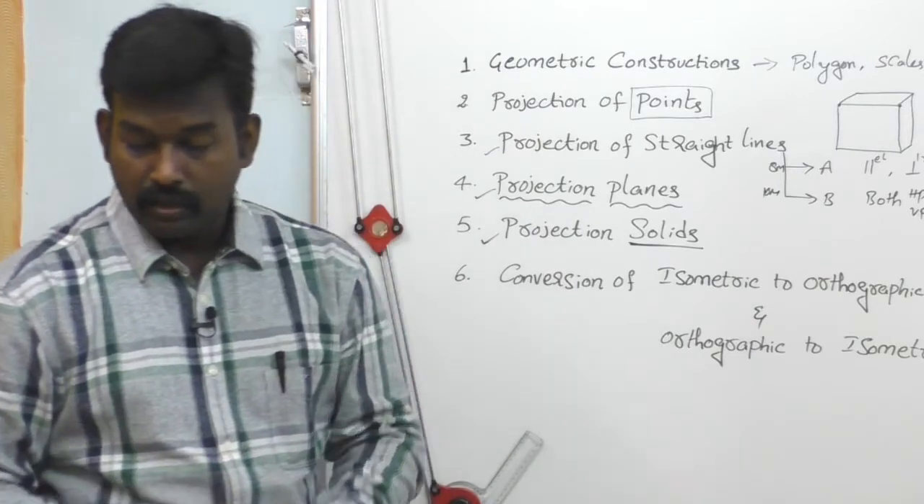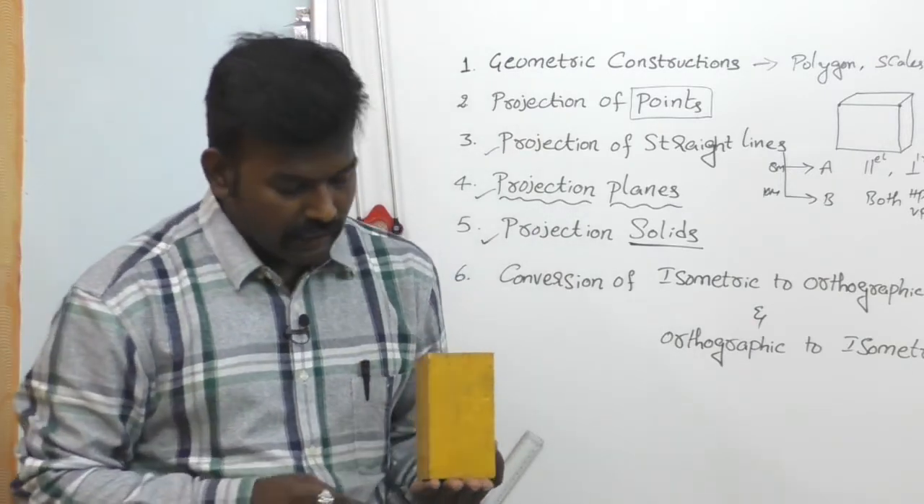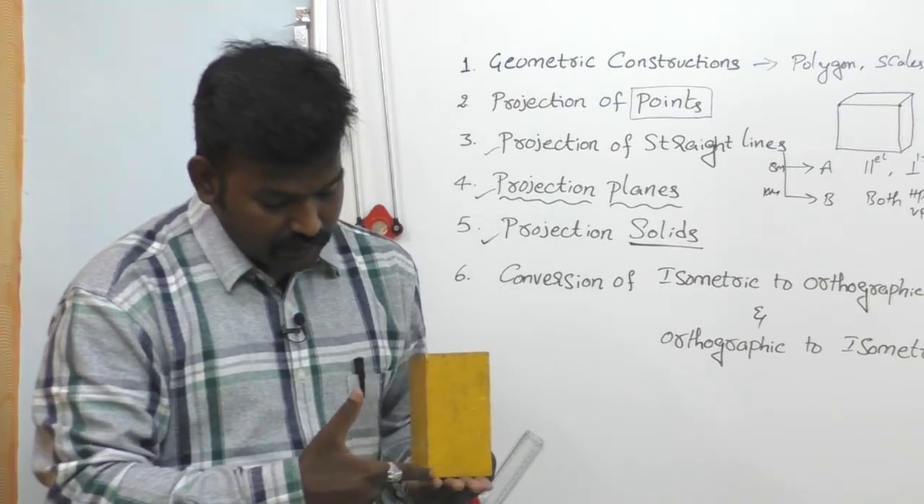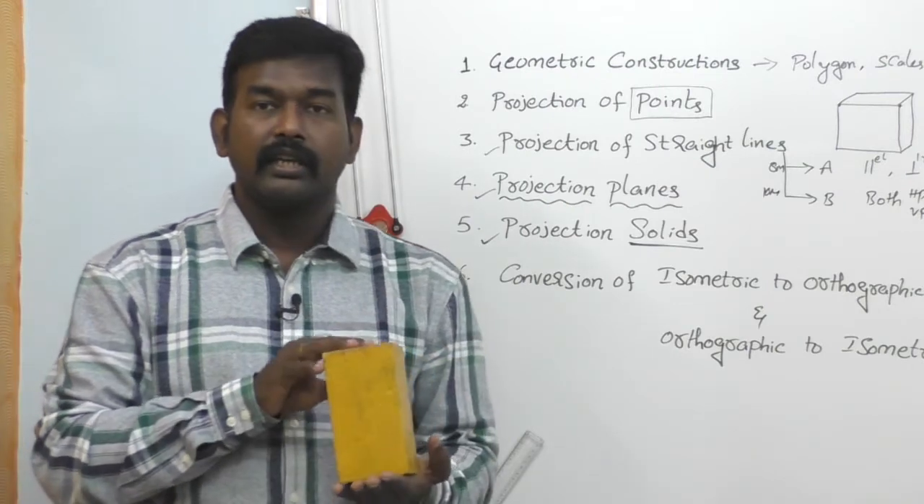And next one is projection of solids. Suppose this is a solid. Solid means having three dimensions: x-axis, y-axis and z-axis. Here this is a square prism